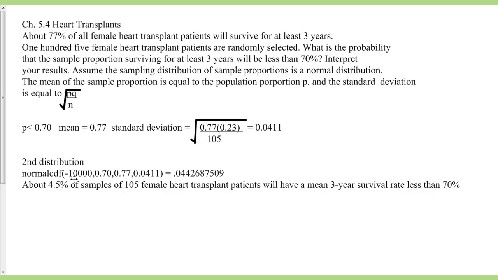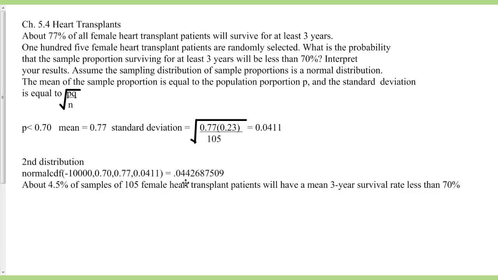And so we use negative 10,000 as the lower bound because this says it's less than 70%. And then you're going to put a comma, you're going to put what your P is, well, that's really P hat because it's less than 70%. This is really your P, 0.77, and here's your standard deviation because remember your mean was the 77% that survived for 3 years. So when you put that in, you're going to get